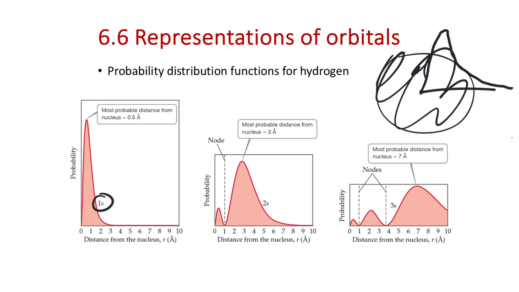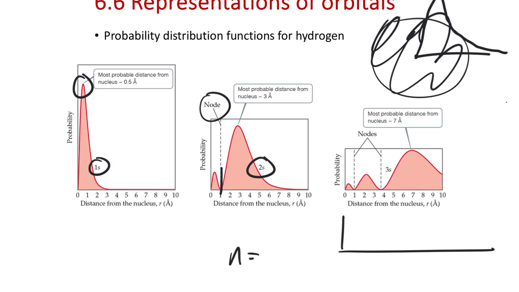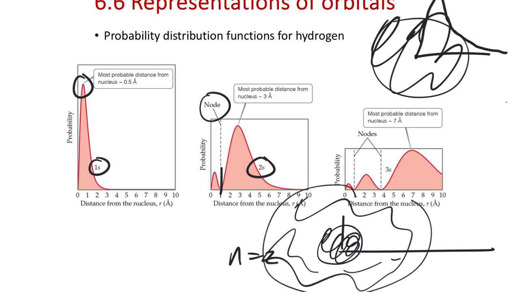A radial distribution function means you're looking from the nucleus of the atom out along the radius. Where is the probability maximally of finding the electron? It's really close to the nucleus, of course, for a 1s electron. Then the thing that becomes a little bit interesting is if you go to a 2s subshell, you have a nodal point along the axis of the atom. If you're picturing this atom for n equals 2, it's almost like you have a shading closer to the nucleus, and then a shading a little further away from the nucleus, and then there's a nodal plane in the middle, so that what you get is something that looks